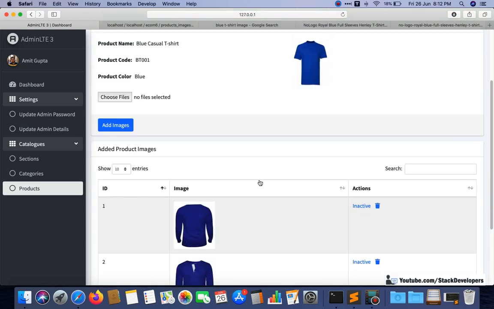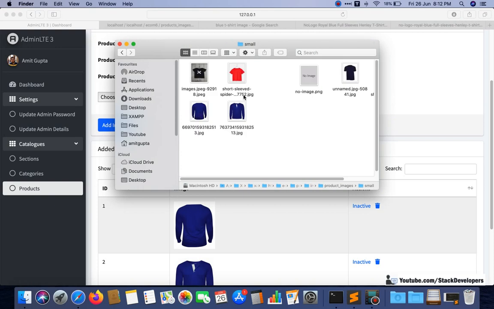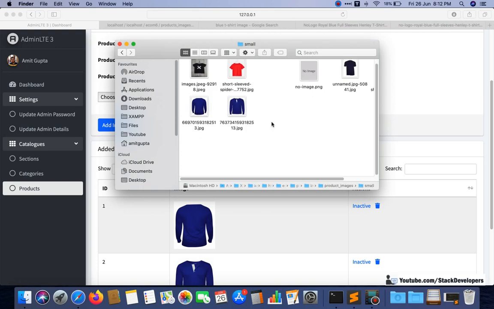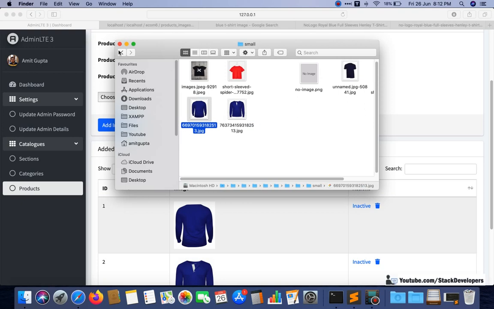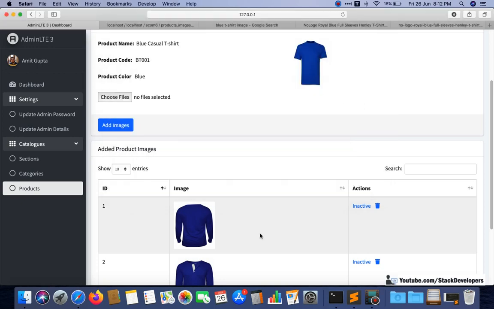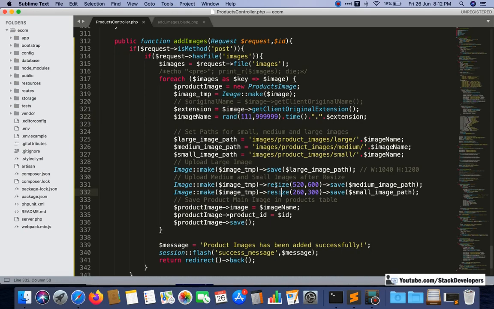So we are able to add the alternate image from here, and you can add as many images. You can just go to the folder and you can see both images have come up here, with the small, medium and large sizes that we have generated with the resize function. We have resized both medium and small images, and the large image is the original one. The user needs to upload 1040 into 1200, but we have not used this size right now, but you have to use this size.